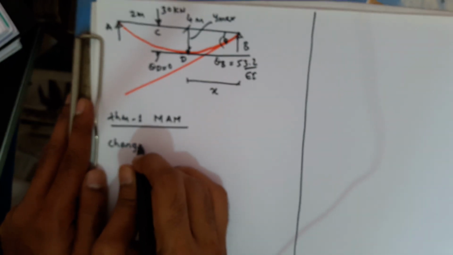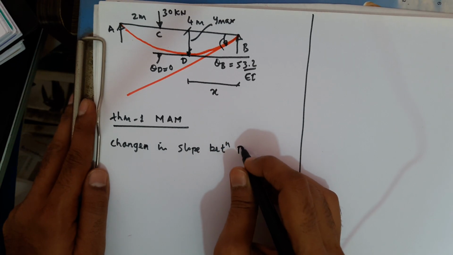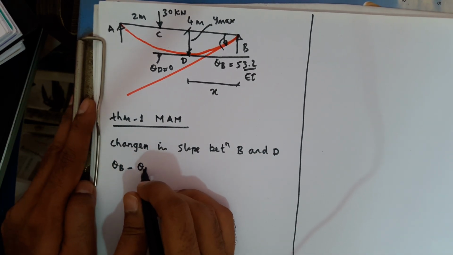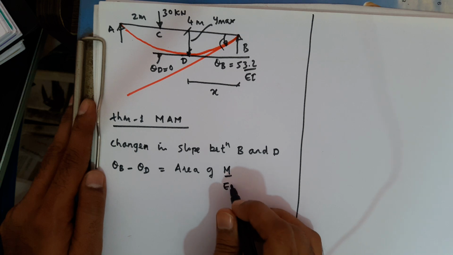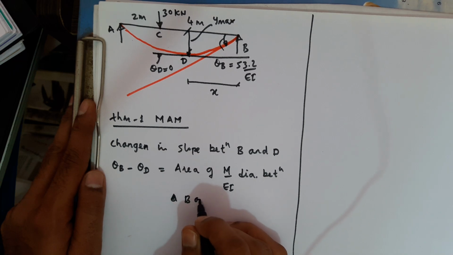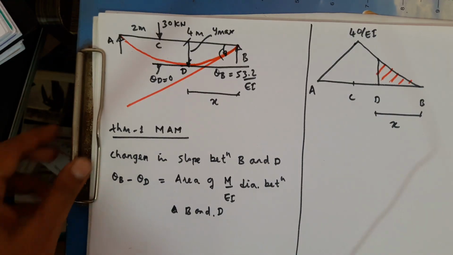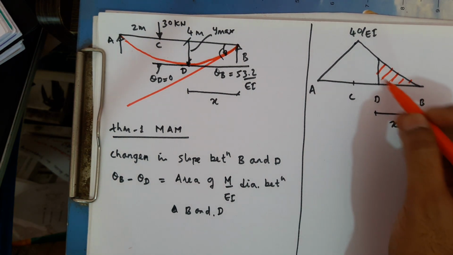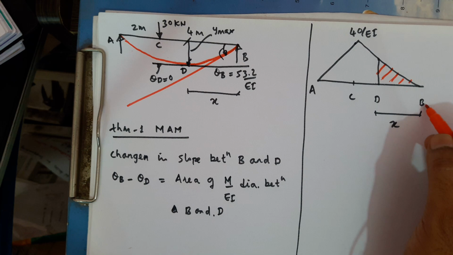The change in slope between B and D, which can be written as theta B minus theta D, is equal to the area of the M by EI diagram between B and D. So the change in slope between B and D is equal to the area of the M by EI diagram between B and D. This shaded portion is nothing but the area of the M by EI diagram between B and D,